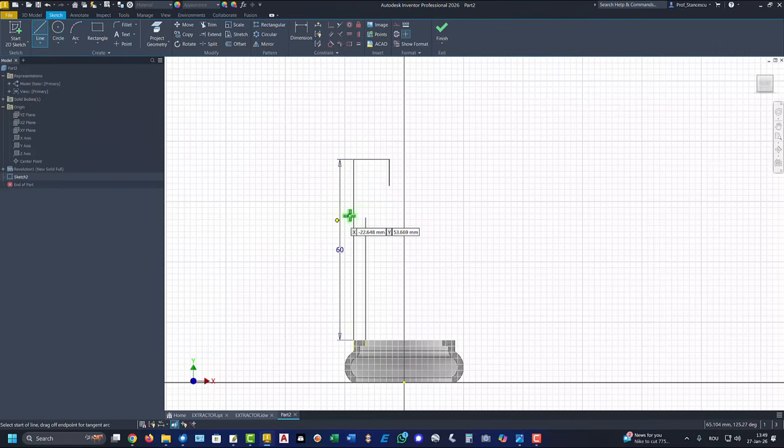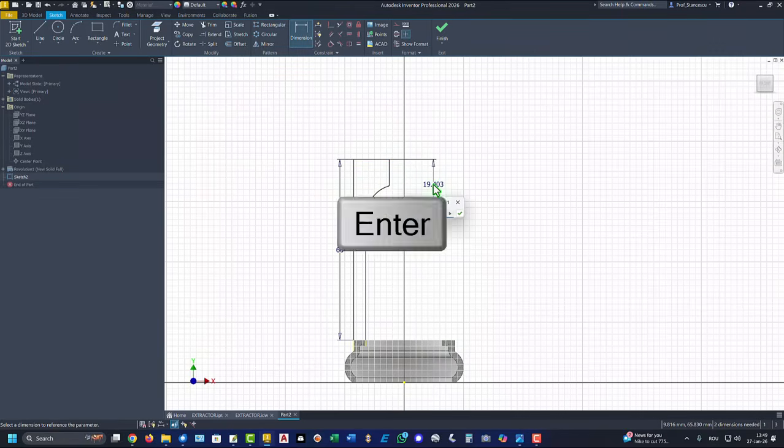No, we keep pressing the left button, we go up to have a tangent, and right here not perpendicular on this. Dimensions, this is 18, this is radius 10,